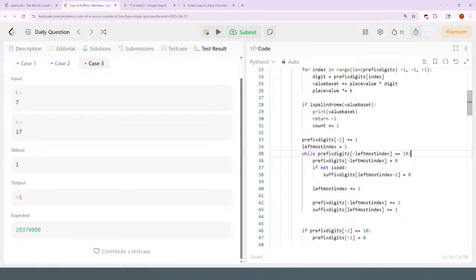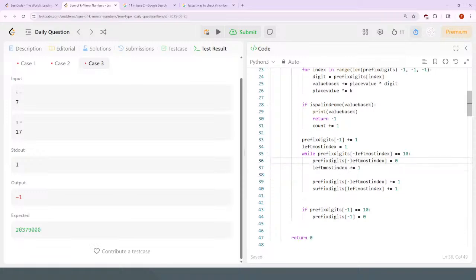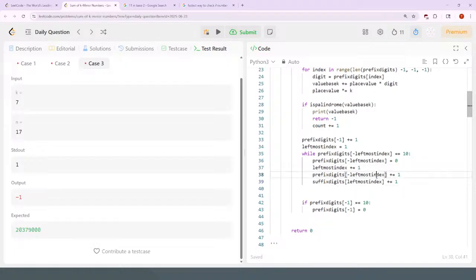Well, that's a 10. Increment, change it to 0. I don't have a boolean for this odd anymore. I don't have suffixes anymore. Leftmost index goes increased by 1. And then prefix digit increments that value by 1. Okay, so I think this is fine,